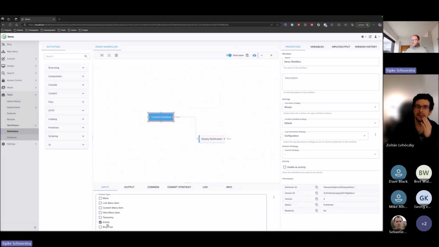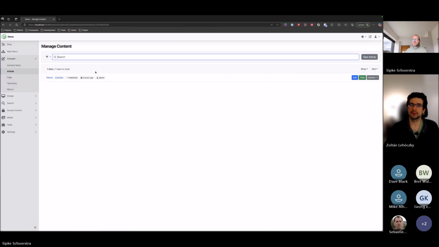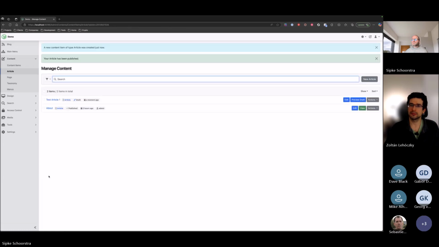Content publish, article. Should work. Let me just try a new one. Okay, well, I need to troubleshoot why I didn't publish the existing one. But here's just a simple proof of concept, because now with the Elsa Workflows Orchard integration, we can do all